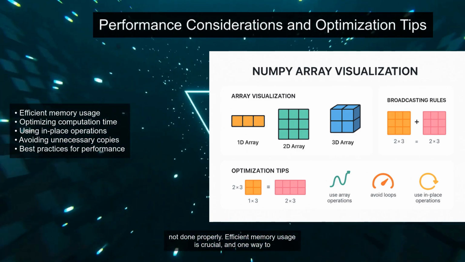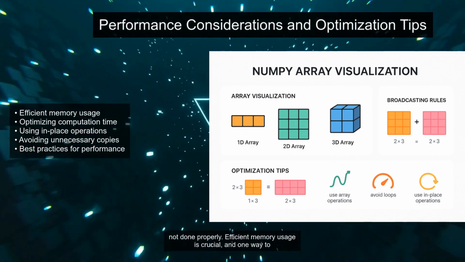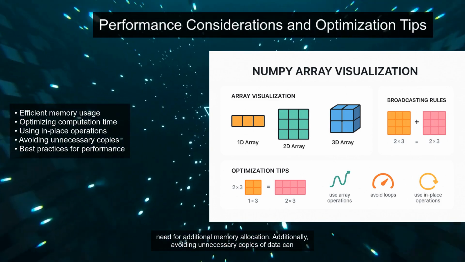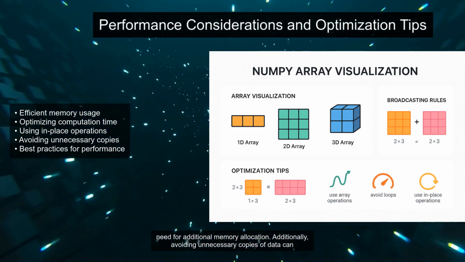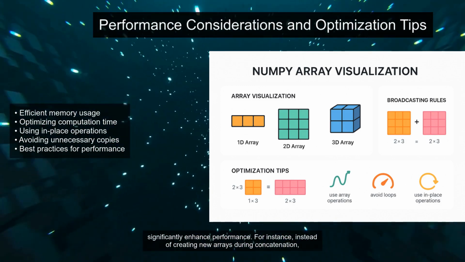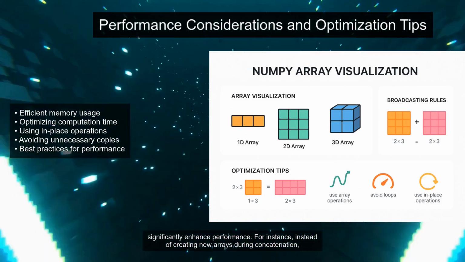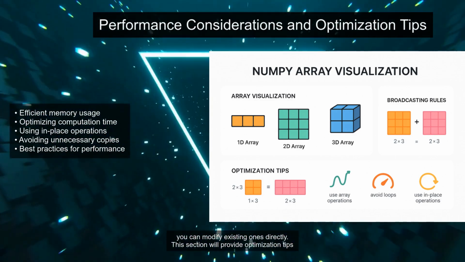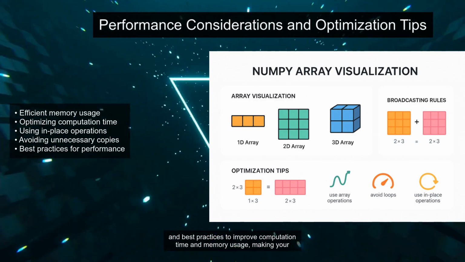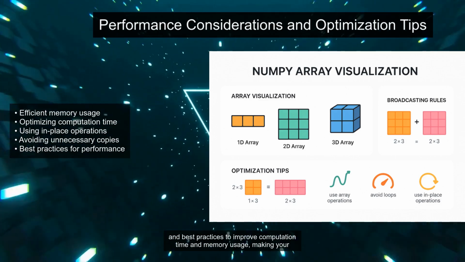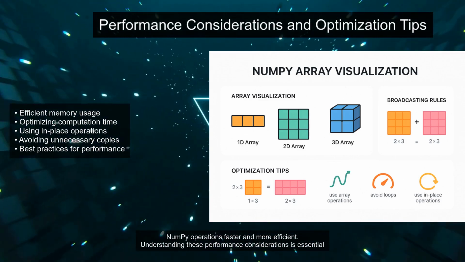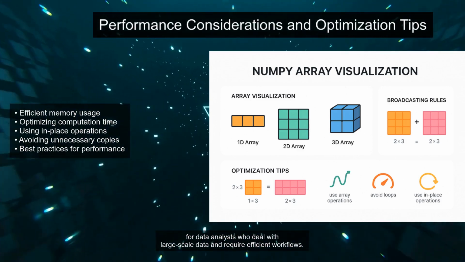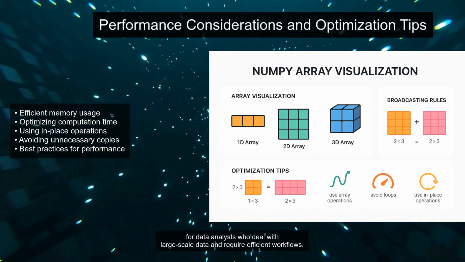Efficient memory usage is crucial, and one way to achieve this is by using in-place operations where possible. This minimizes the need for additional memory allocation. Additionally, avoiding unnecessary copies of data can significantly enhance performance. For instance, instead of creating new arrays during concatenation, you can modify existing ones directly. This section will provide optimization tips and best practices to improve computation time and memory usage, making your NumPy operations faster and more efficient. Understanding these performance considerations is essential for data analysts who deal with large-scale data and require